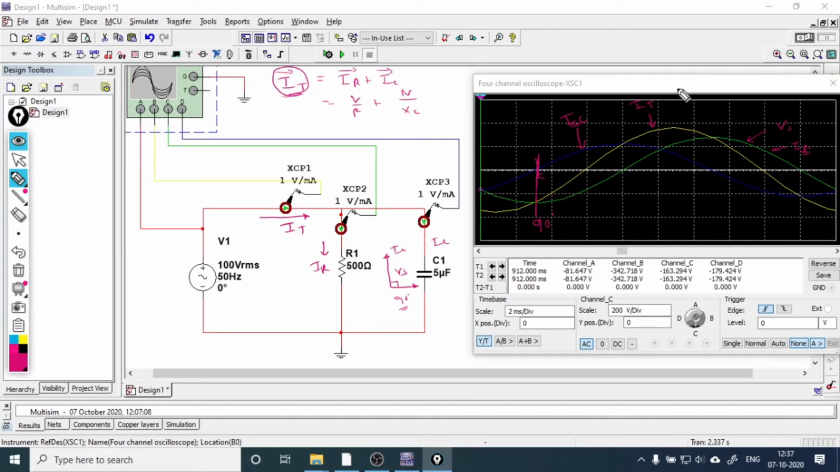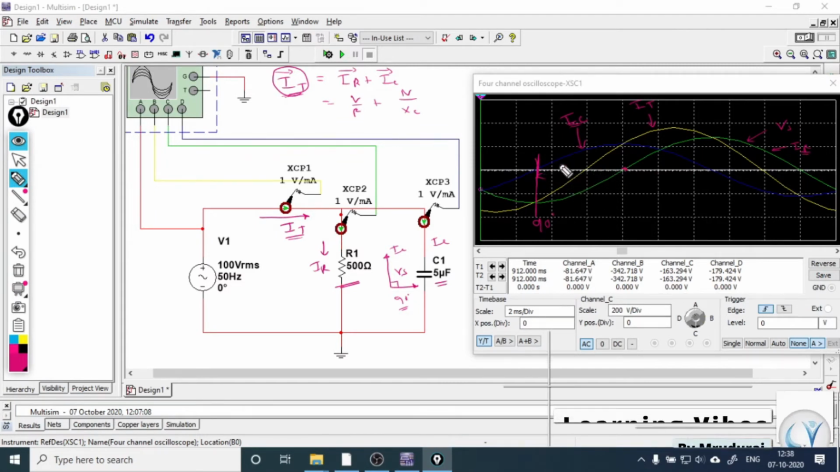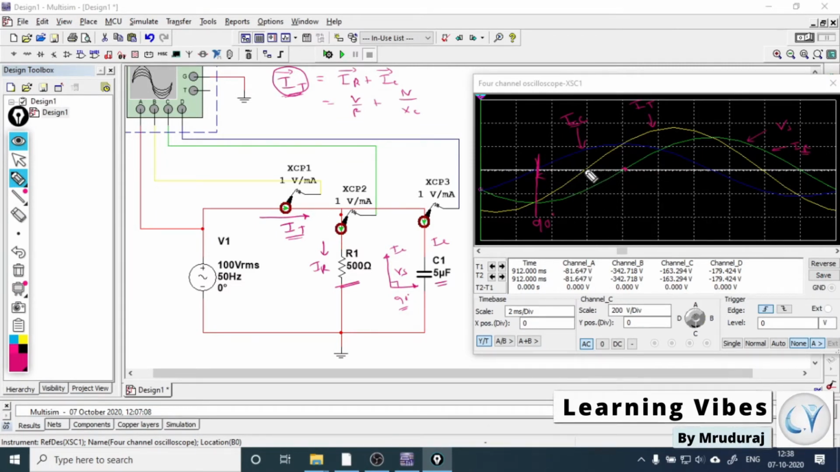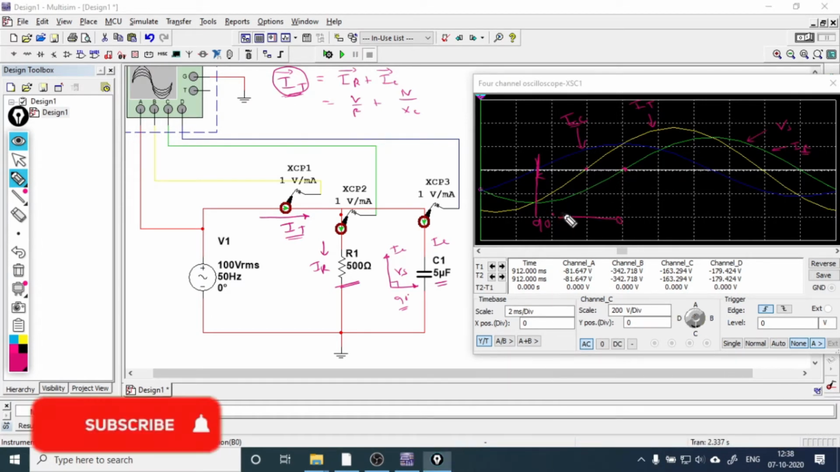IT. When the circuit is purely resistive, the phase difference is 0. When the circuit is purely capacitive, phase difference is 90 degree and current is leading to the voltage. But just imagine when the circuit is RC type, the combination of resistance and capacitance, then the total current will be the average of these two, which is in between 0 and 90, and that you can see from this